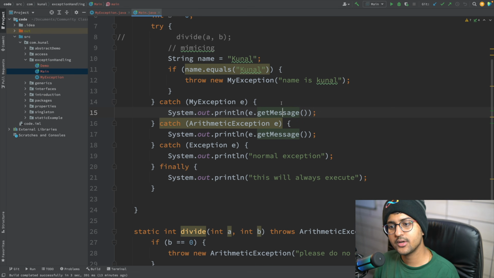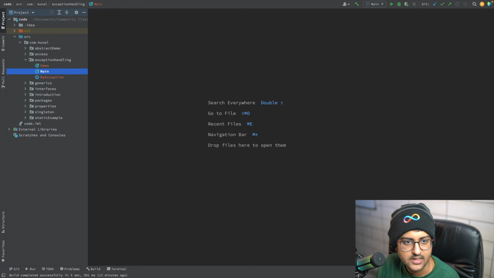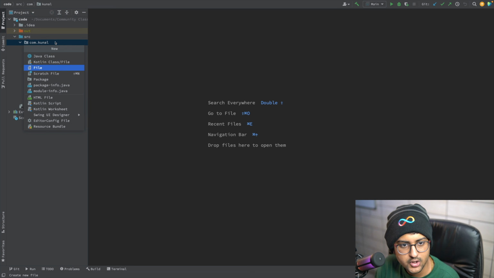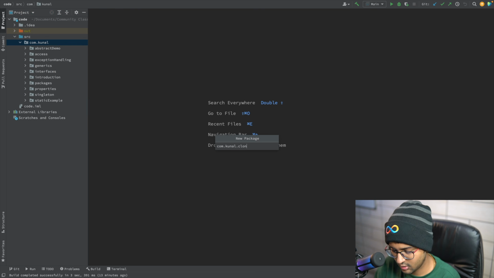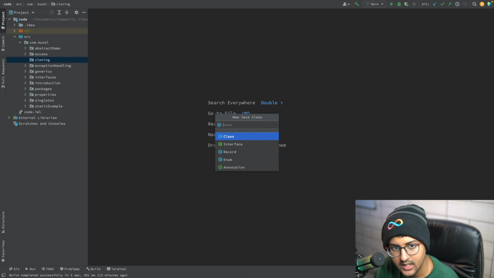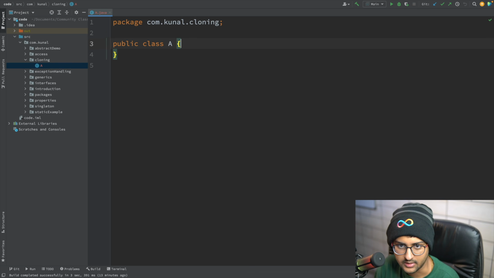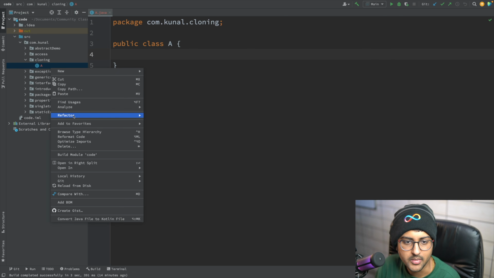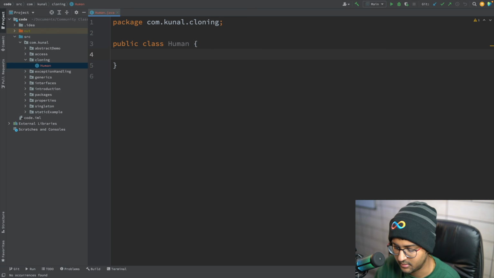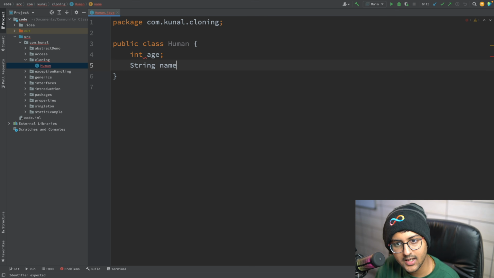Now one more thing I want to show you is something we've already done previously. It's object cloning, right? Let me show you. This is something we've done already before, but let me show you one thing. So I'm going to say class A or something, okay? Or I can create human. Let's make it reasonable. Human class, no problem.